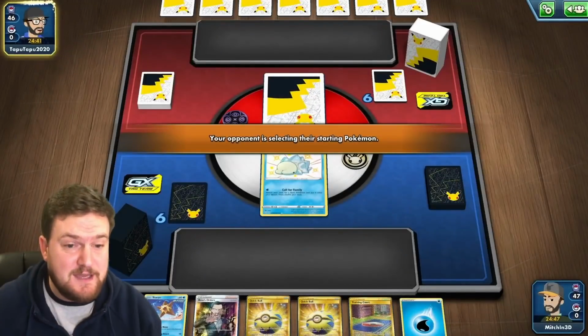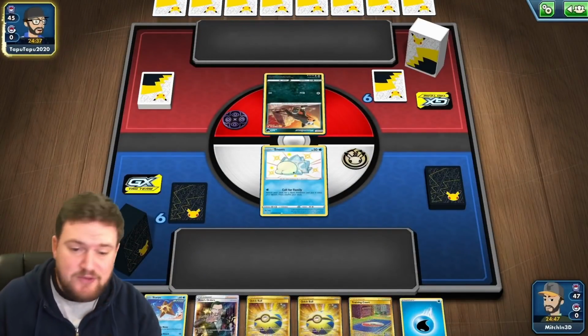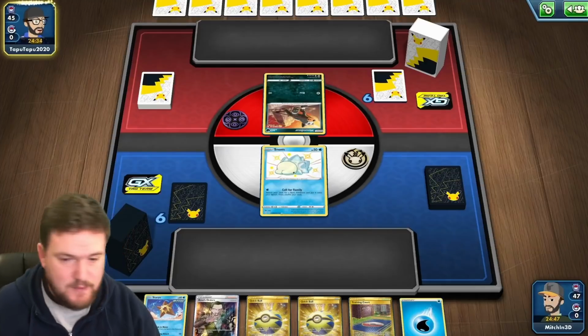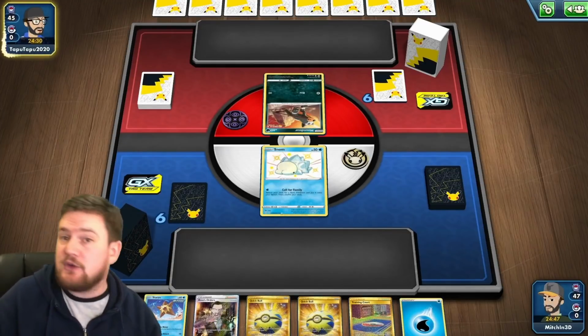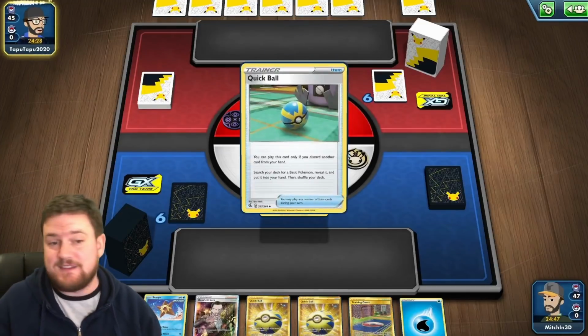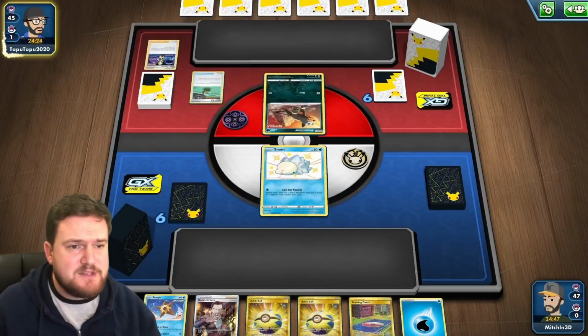Well, I mean, that first game was something else. So let's see what we're up against here. Again, we've got a reasonable hand. We can Quick Ball, we can get ourselves extra Snom or Staryu, depending on the situation. We can maybe Crobat. We could do a number of things. It looks like we're playing up against Single Strike here. So hopefully we can put some...